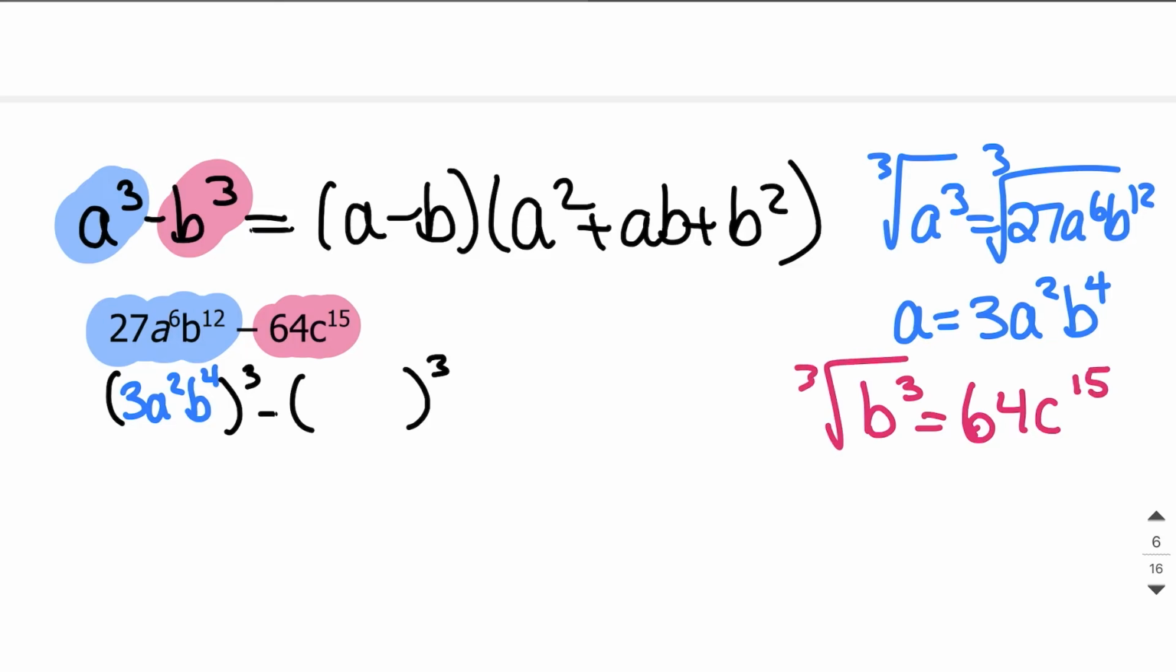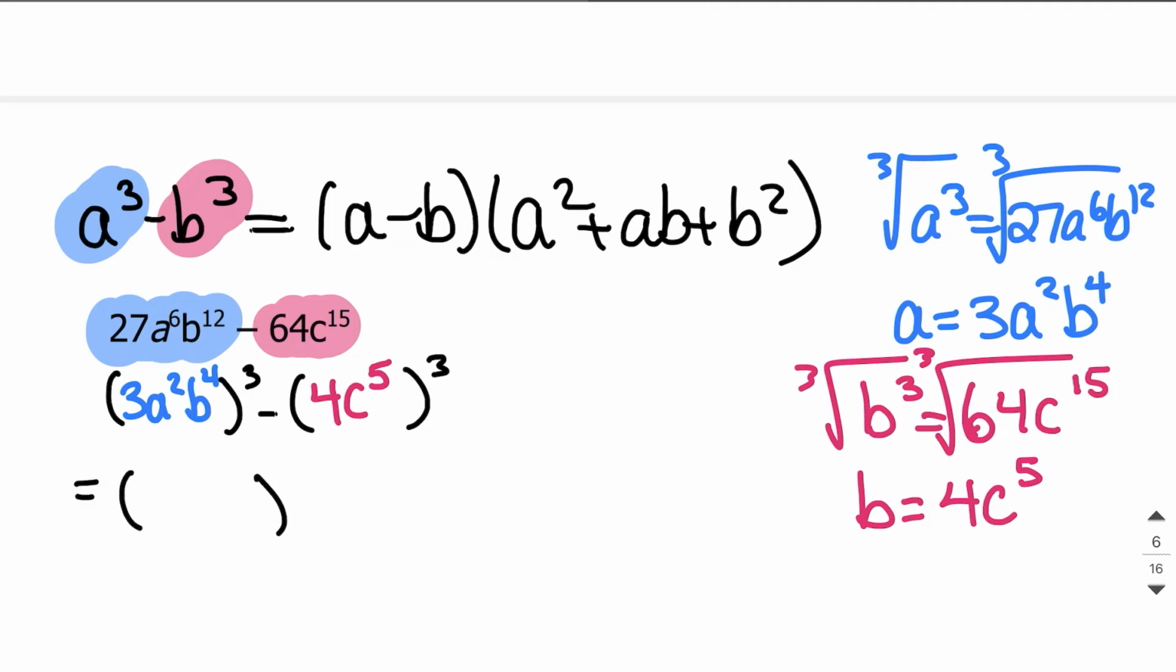I'm going to cube root both sides to calculate what this is, so I get b equals. The cube root of 64 is 4, because 4 times 4 times 4 is 64, and then I get c to the power of 5, because 15 divided by 3 is 5. So this right here is 4c to the power of 5. So now let's go ahead and get ready to do our factoring piece right here, now that we know what a and b are. So we know it's going to be a minus b